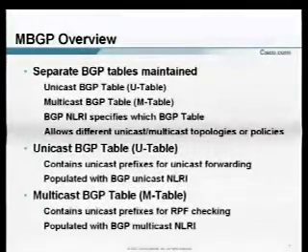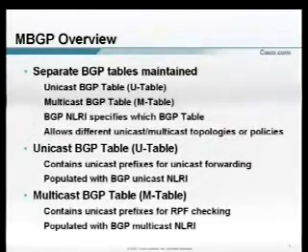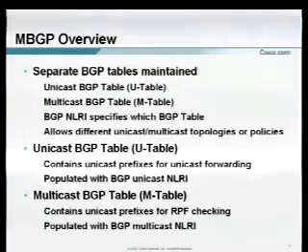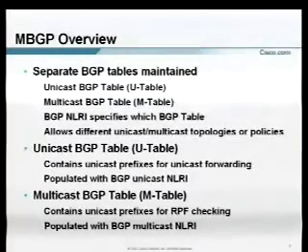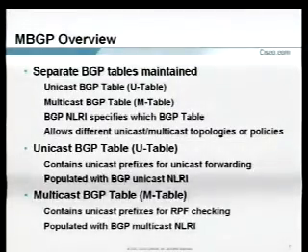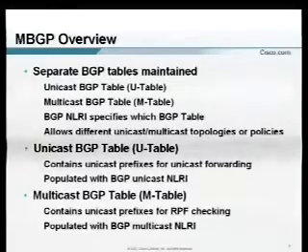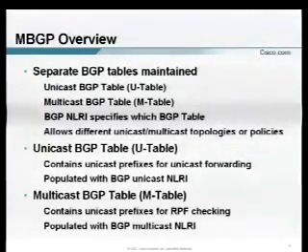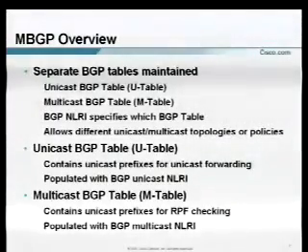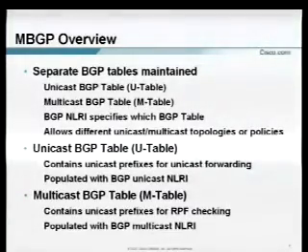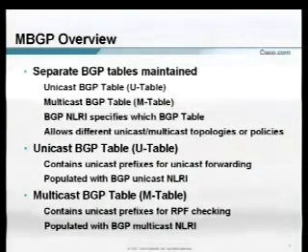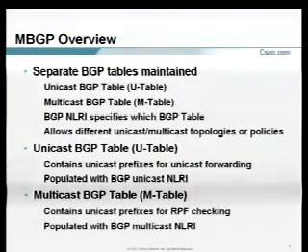So, with multi-protocol BGP now, we can have separate tables. We can have a BGP table used for our unicast prefixes to use for the regular unicast forwarding. And we can have a multicast BGP table because we're receiving multicast prefixes now within these updates. And so we can maintain a separate multicast BGP table that can be used for controlling our multicast